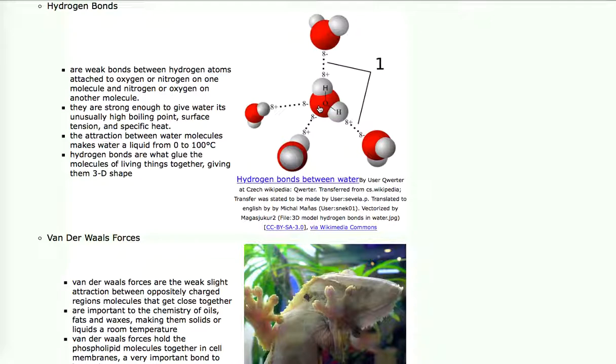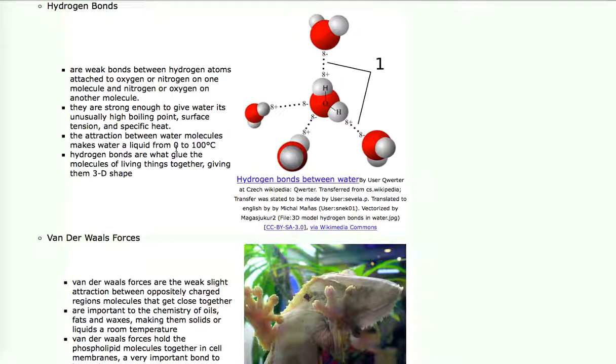Now that's a mouthful, but what we're trying to say is when you have oxygen, here in this case it's water, attached to hydrogen, you have an imbalance of electron sharing. As a result, this oxygen, this red oxygen ball, has a slight negative charge. And this little hydrogen ball here, because it's stuck to an oxygen in its molecule, it has a slight charge also. But the hydrogen is positive and this oxygen is negative. And that causes these two things to stick together. That is what creates water droplets on glass. Gasoline does not form water droplets on glass because it cannot hydrogen bond with itself. Water molecules can, and they form droplets. We'll talk more about this in a few minutes.